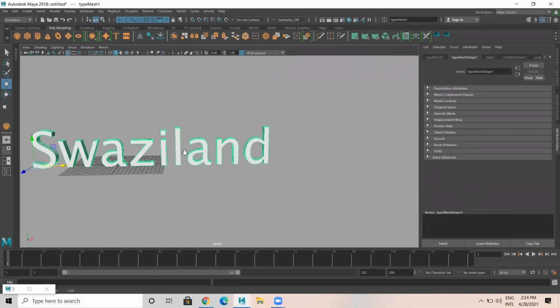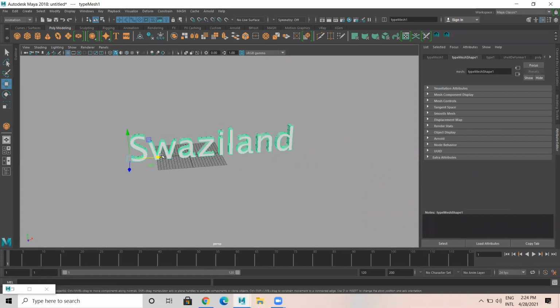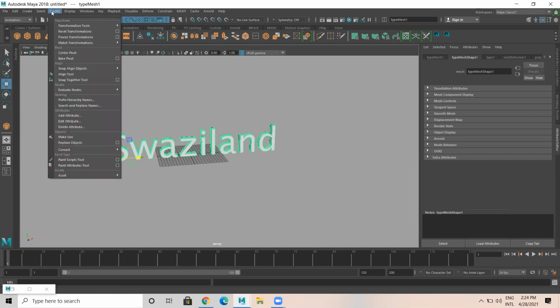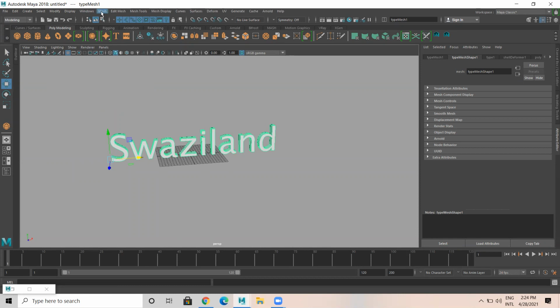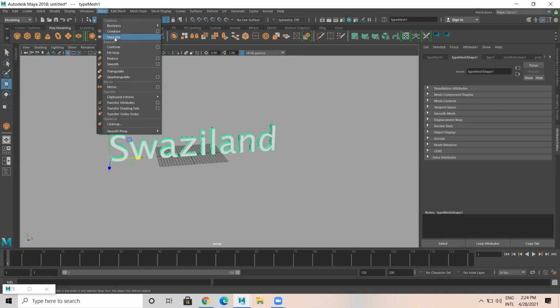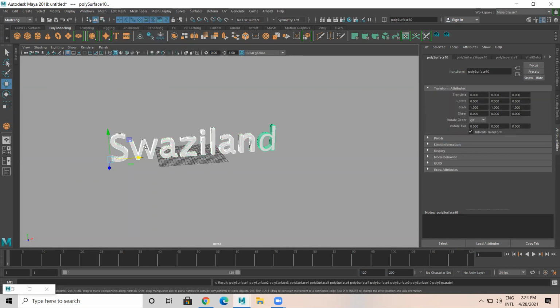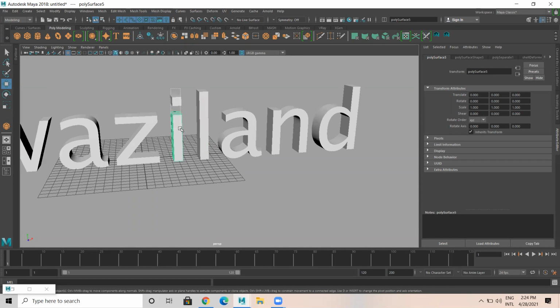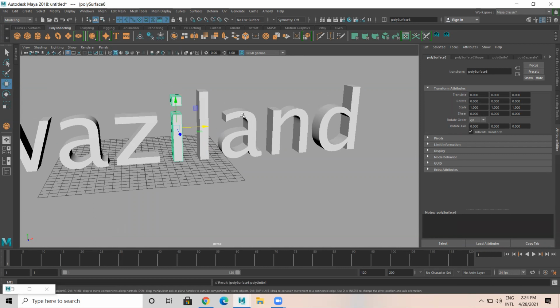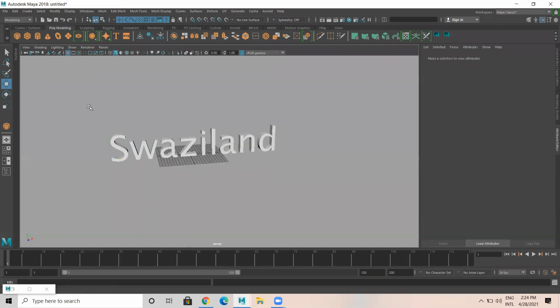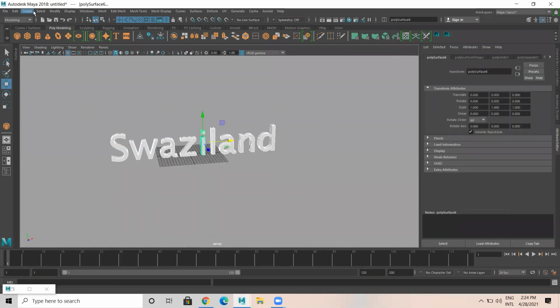So what I'll do is, it's here. So first thing, go to modeling, mesh. I would like to separate this. There are so many, it's a combined model. So I did separate it, but here there are two things. I would like to combine this. Go to mesh. I would like to combine this. So then everything is a single object. That's okay. Now after this, what I'll do, I'm selecting everything.